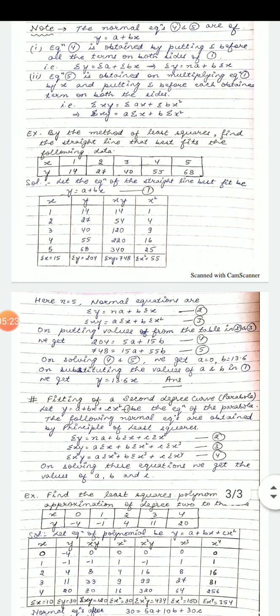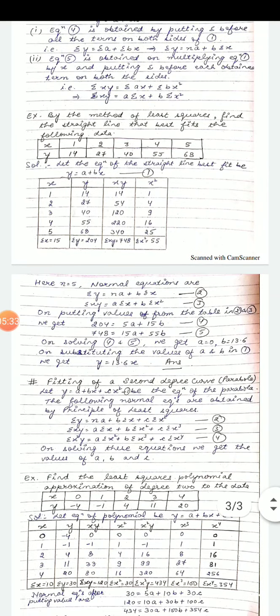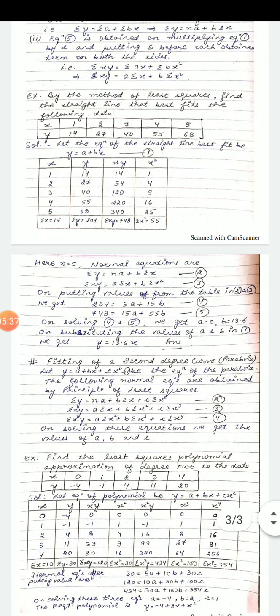So by the method of least squares, find the straight line that best fits the following data. X is 1, 2, 3, 4 and 5, and the values of y are 14, 27, 40, 55 and 68. So let the equation of the straight line of best fit be y equals a plus bx. We have written the given data in the tabular format and calculated the terms which are required in the